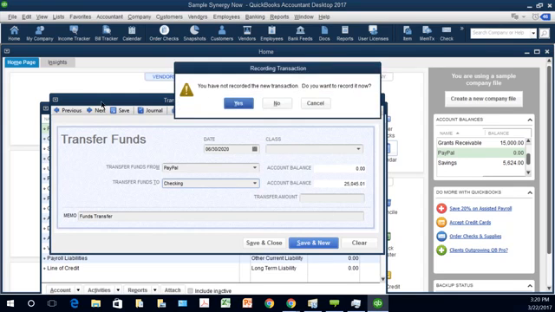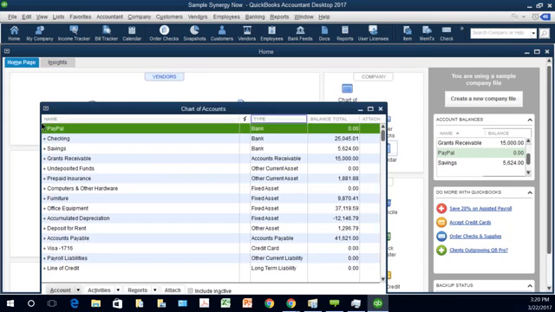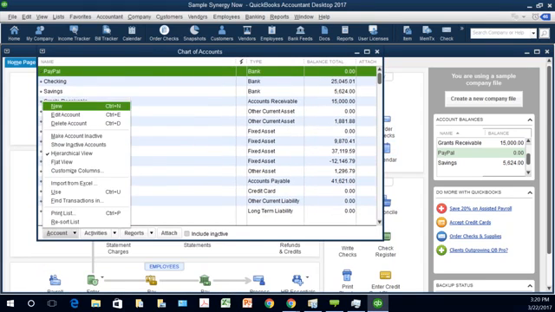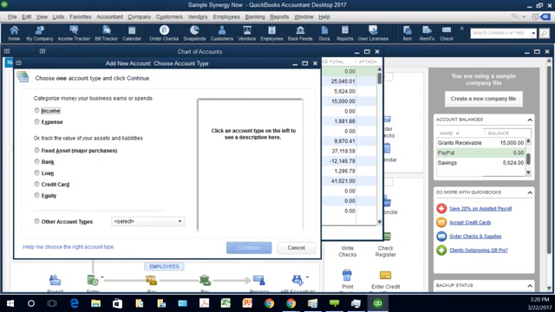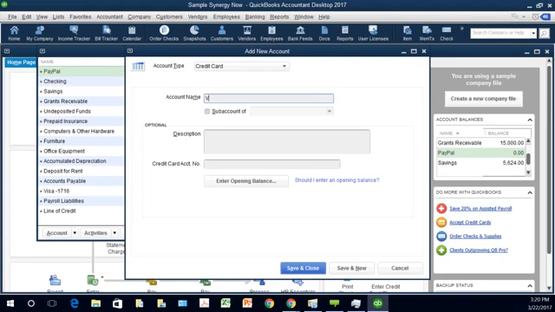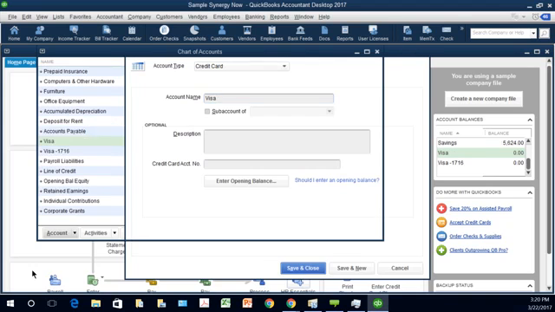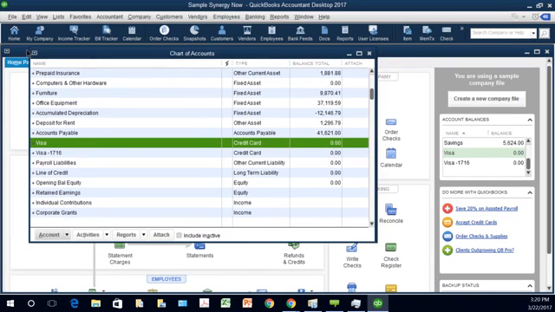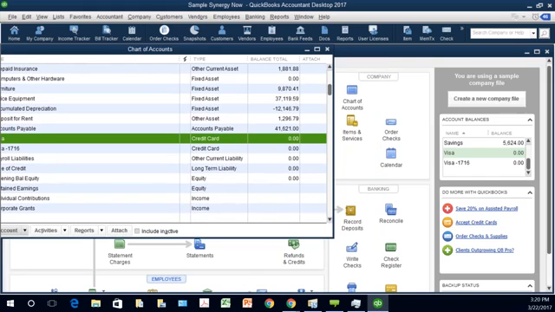Okay? As far as credit cards, go to the Chart of Accounts list, bottom left-hand button, New. There's an account type called Credit Card. You set up the credit card here. Think of it as a payable account outside of the rest of payables. This is where you set it up, and then there's something in the